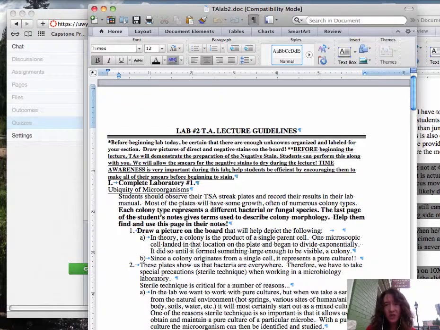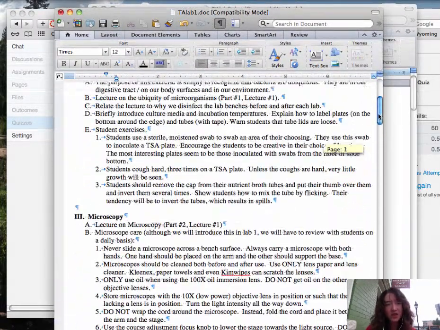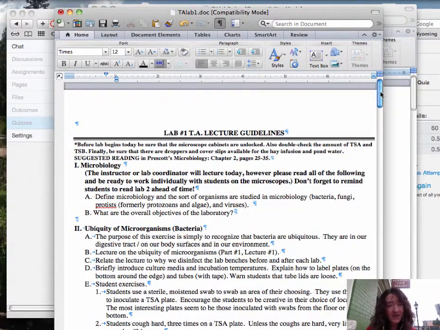Beginning with lab 1, I'll primarily handle the responsibility for lab 1 lecture delivery, except that Slobodan says he wants to cover it, and Aaron, if that is the case, let me know and you can go ahead and cover the lecture. But this is a pretty big lecture, a lot of introduction of microscopy, and I want you guys to feel as though you can go ahead and teach the students microscopes.